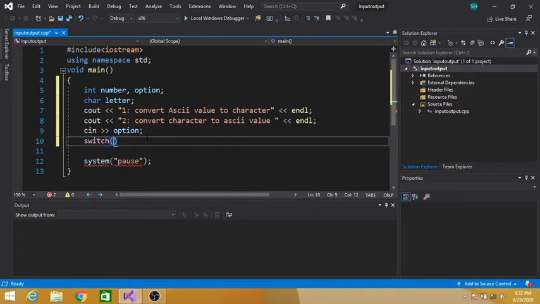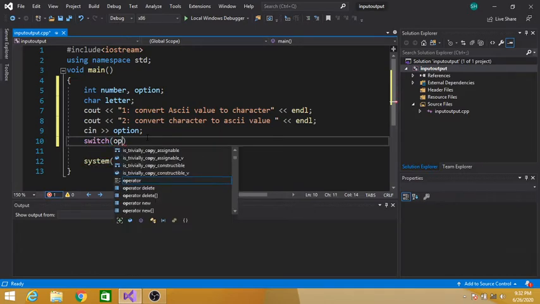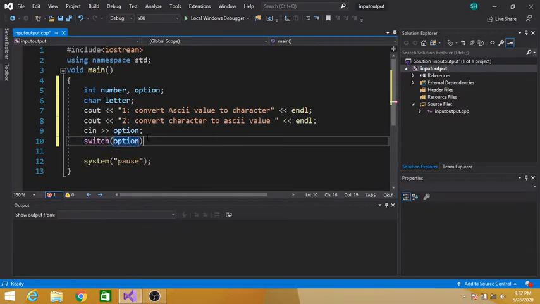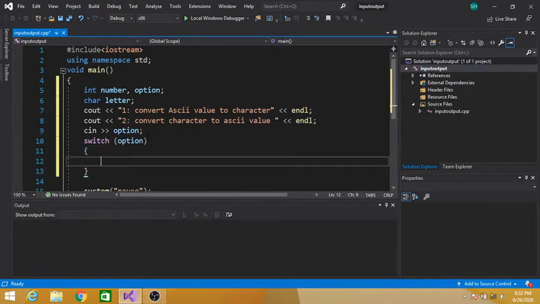Switch option, case 1. In case 1, we will take input a number from the user and convert that number to a character.